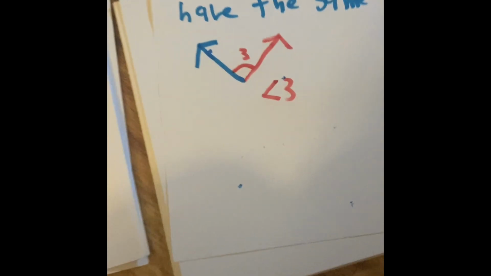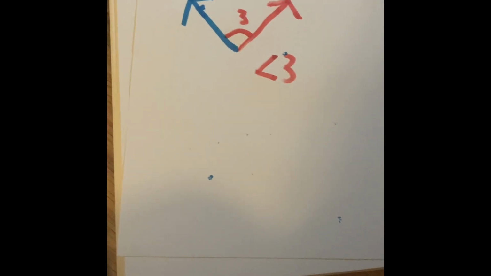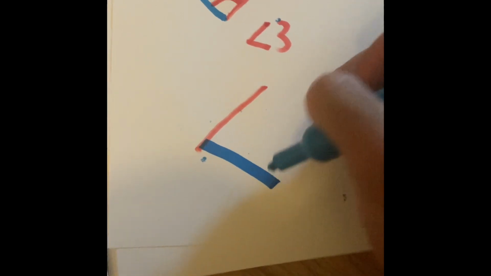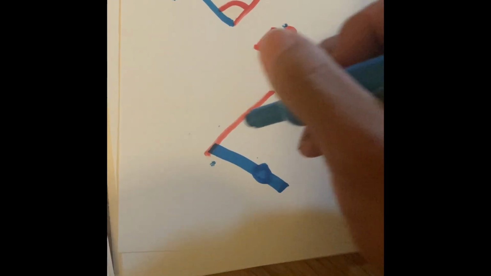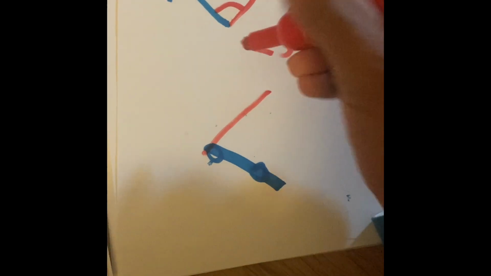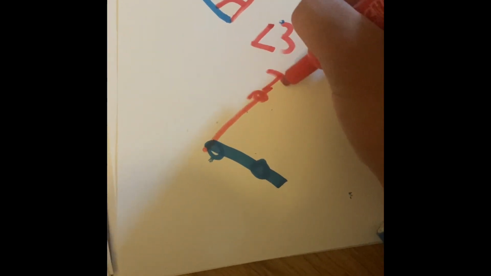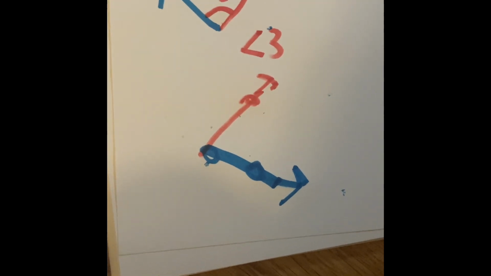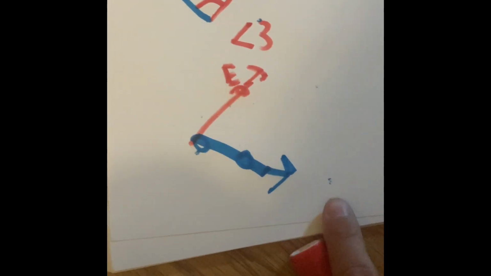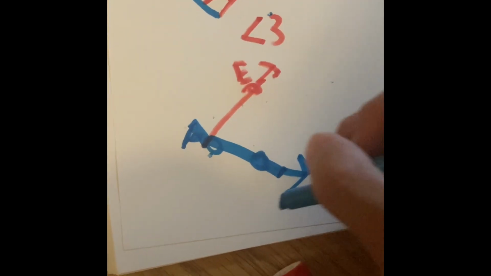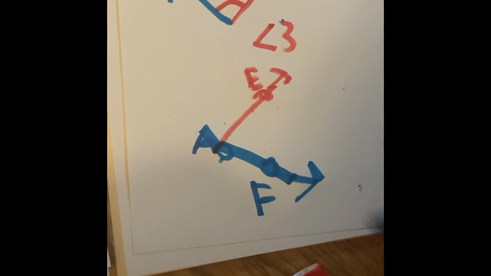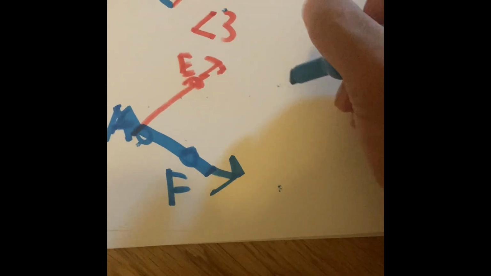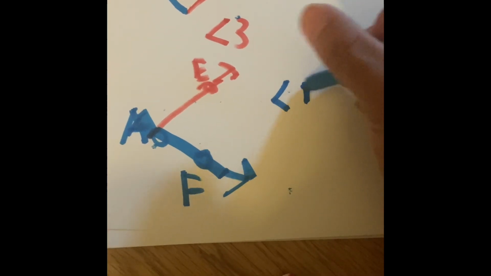Sometimes you'll have even more information in the angles. We're gonna do this. So we're gonna put a point here, a point here, and a point here. But we're gonna have them as arrows. So we're gonna say this is point E, this is point A, and this is point F. This will give us a lot more information. We're gonna say angle EAF